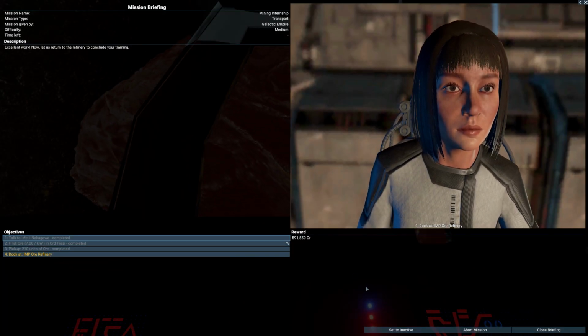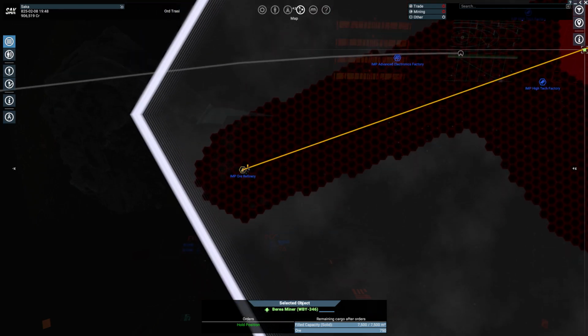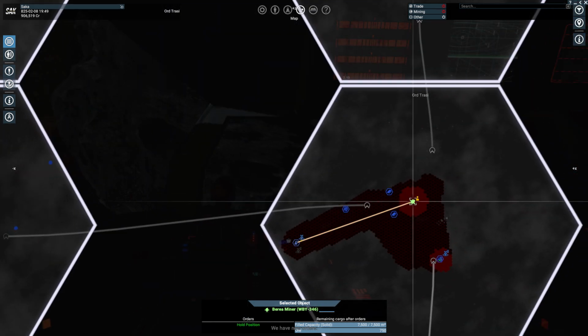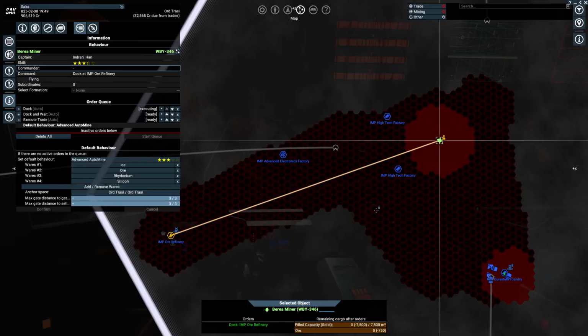All right, dock at the ore refinery. Outstanding. Which, in order to dock, we have to sell off, so we might as well trade with the ore refinery. Just dump all that off. So she's going to fly to the ore refinery, sell off that ore, which should complete that mission. We'll get paid. And there we go,